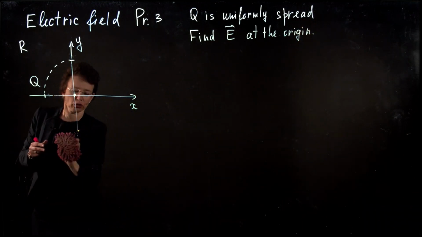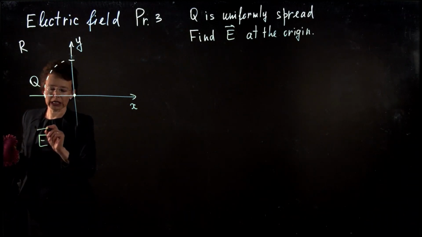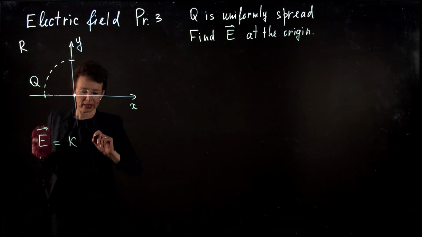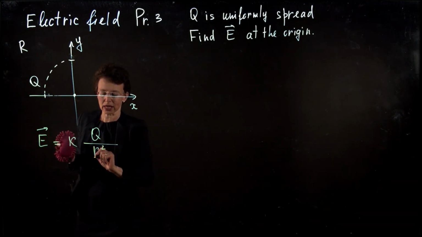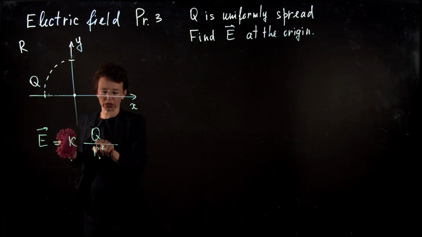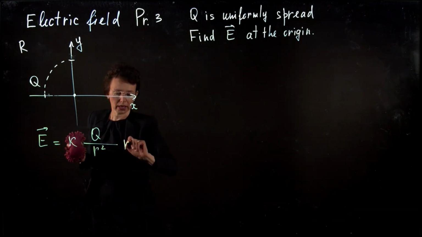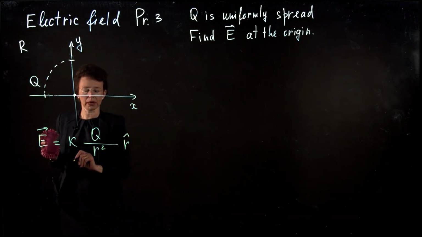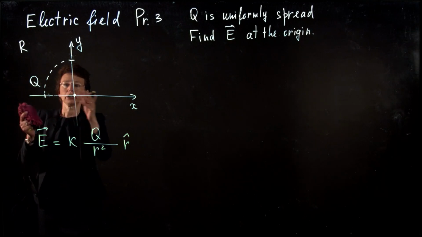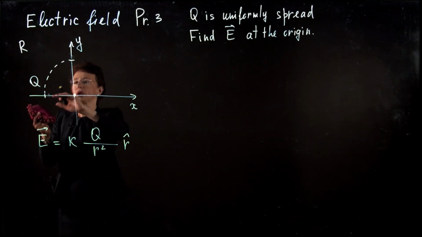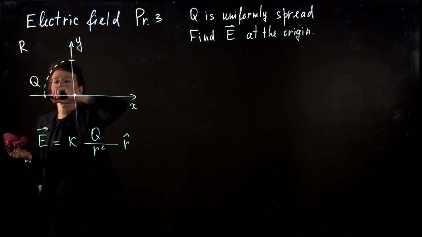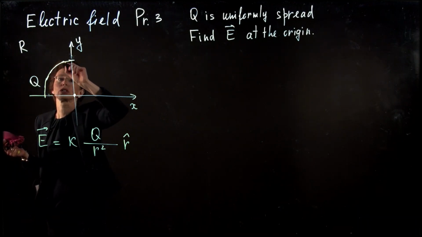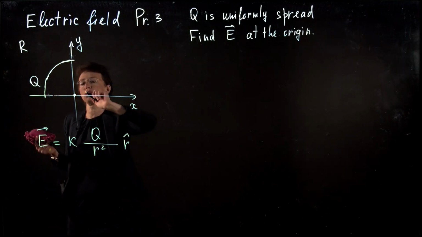We know what the electric field created by a point charge is. E is k, then magnitude of the charge q, divided by the distance between the charge and the point of interest, distance r squared, and it is radially out or radially in depending on the sign of charge q. We don't have a point charge q here, we have an extended charge. So I need to slice this charge q into pieces of infinitesimally small charges to be able to apply this formula for a point charge.